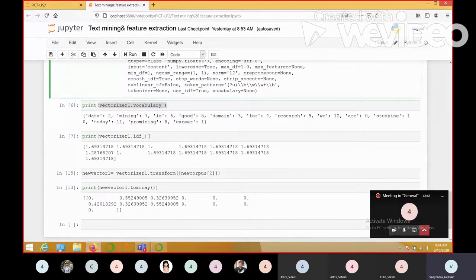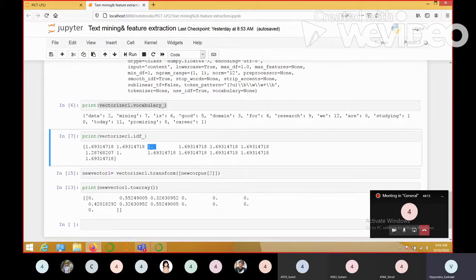We can map it with the index value of that word. For example, if I have the word data at the second index, I will have its IDF value present at the second index in this vector.